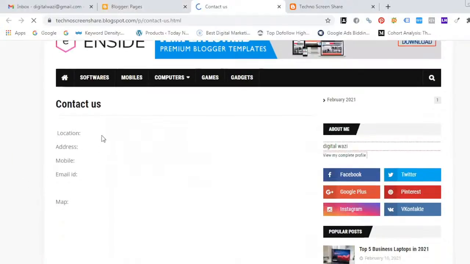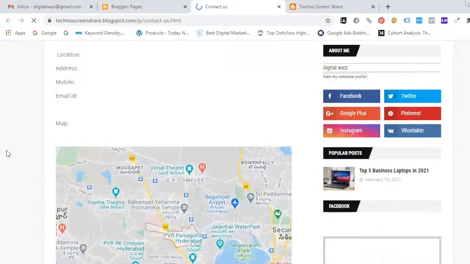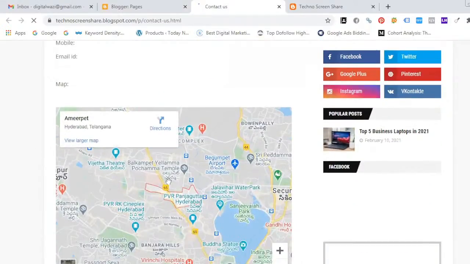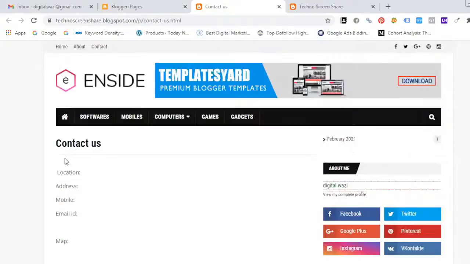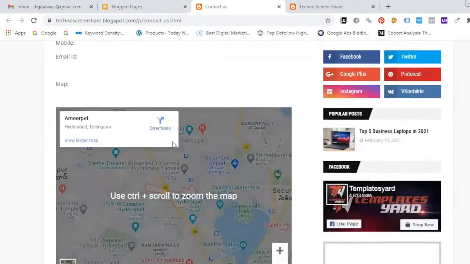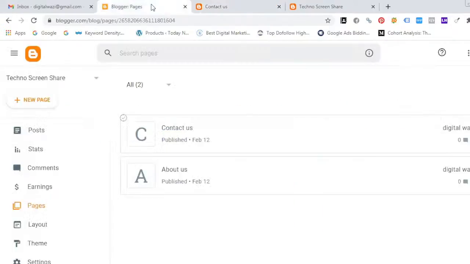Now you add all the details. I'm not adding, you can add it yourself. Here your map address will show on our web page. This is the way people add their business location address in their websites. How to create your own location, I will tell you in the SEO module.